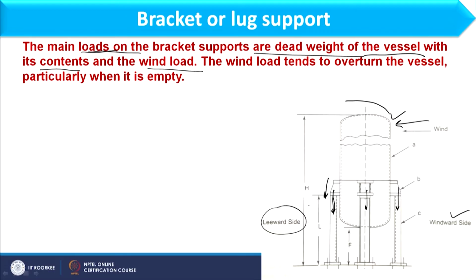So, once I am having the leeward side, it means it has the maximum stress. However, when I am considering the wind side, or windward side, what happens? Due to dead load, compressive load will occur in a support, and because of wind it will try to turn it. So, wind will create a tensile load over here. So, the loads over here will be opposite to each other, and the result will be smaller than whatever is created this way, because here both loads are acting downward, or in a compressive way.